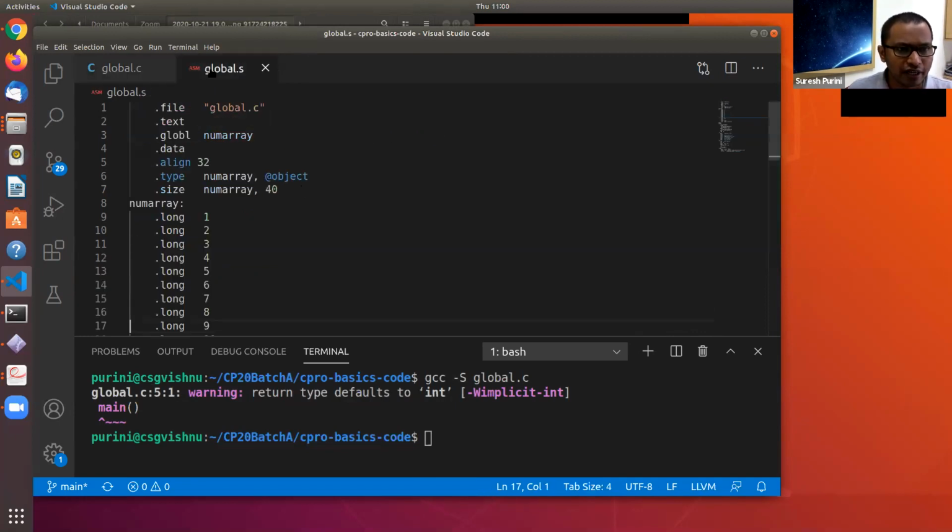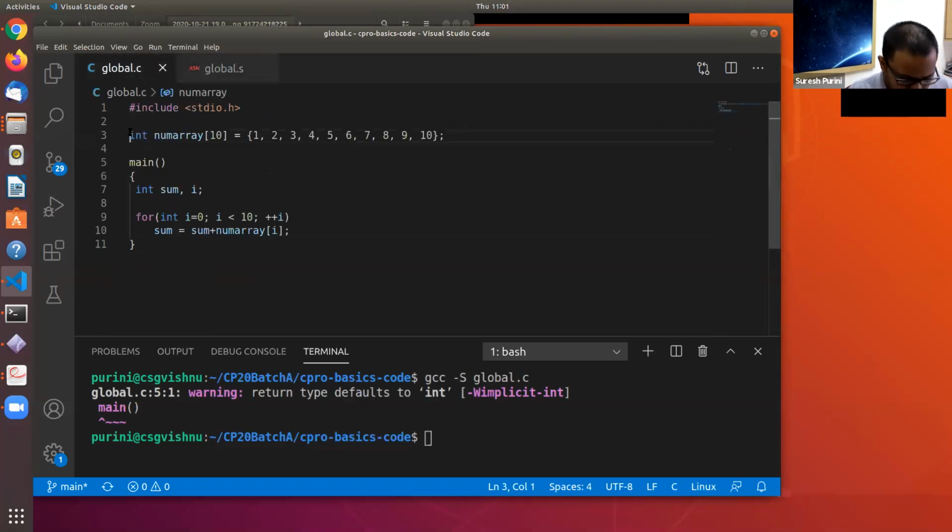That information is specified by using this qualifier .global. The assembler is saying this num array is visible to a function written in some other program. But if we make this static, then the scope of this variable num array is restricted to this file, in which case that global declaration may not be present.